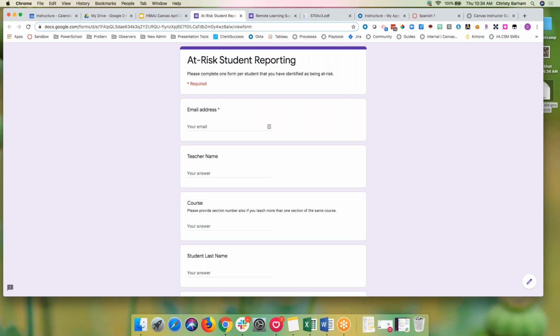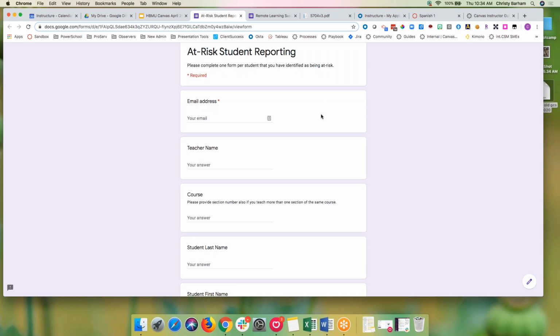are actually doing. And so I thought if I was still in the school building or in the school district, then I probably would recommend the utilization of some type of reporting mechanism like this. And so for each teacher, I would ask them to complete this form per student that they had identified that was at risk,